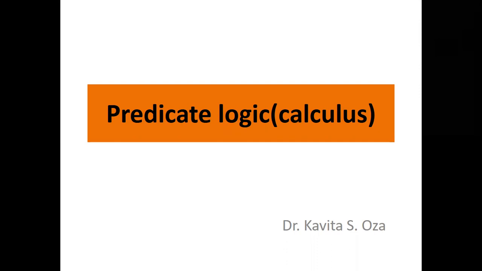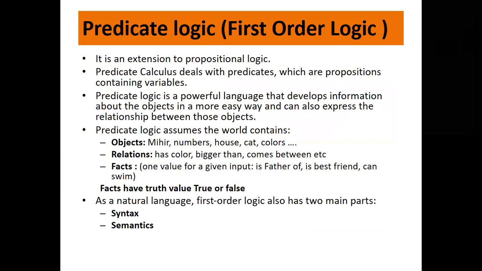But there were some drawbacks to propositional logic. It couldn't show the relationship, it couldn't show all or some, right? So to overcome those, we have good inputs in the case of predicate logic. So let's look at it. It is an extension to propositional logic. Of course, whatever we use in propositional logic, like connectives and all, we'll be using here in predicate logic also, but it is an extension to it.